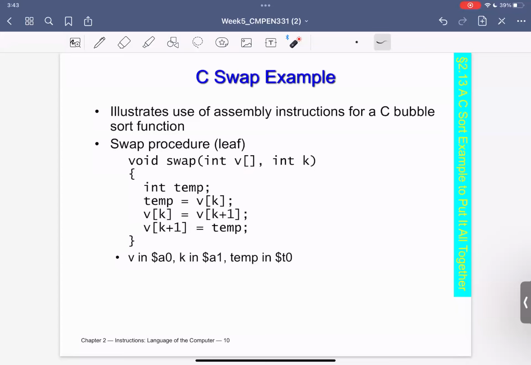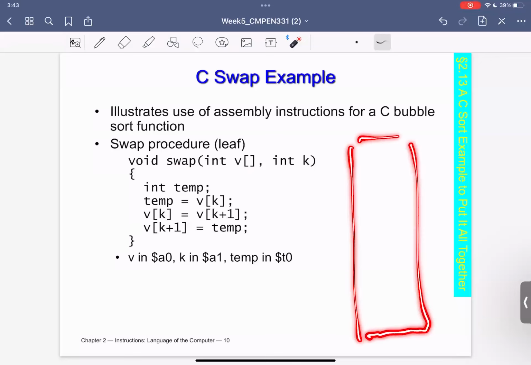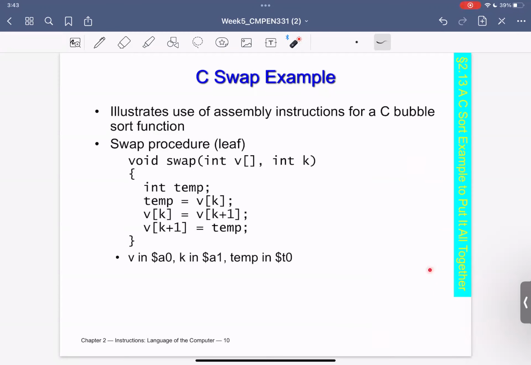So basically, my memory is an array, and there is a particular location here, V of K. Of course, the next one will be V of K plus 1. What I would like is to swap these two, so whatever is in V of K will be there and whatever is in V of K plus 1 will be here, just a swap. So how do we do that?